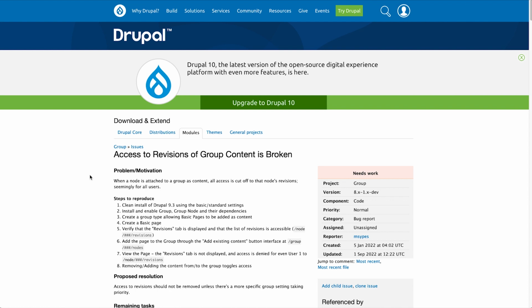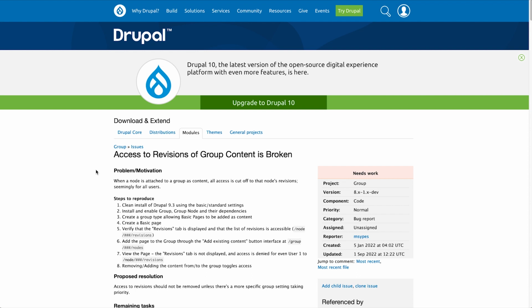This was a safety precaution. Over the course of the years while developing group, people have brought it to my attention that this may lead to some very unpleasant behavior. When they create a module that introduces new checks on an entity, such as revisions, or webform running custom entity operations, any module, group will not know about them. So the fact that we deny access if we don't know about something is kind of a pain. So what we're going to do instead, starting from group 2 and 3 onwards,